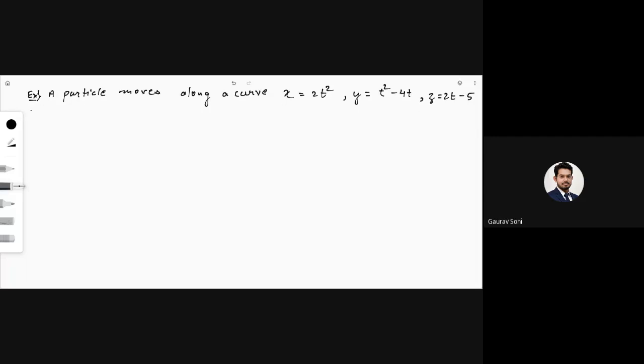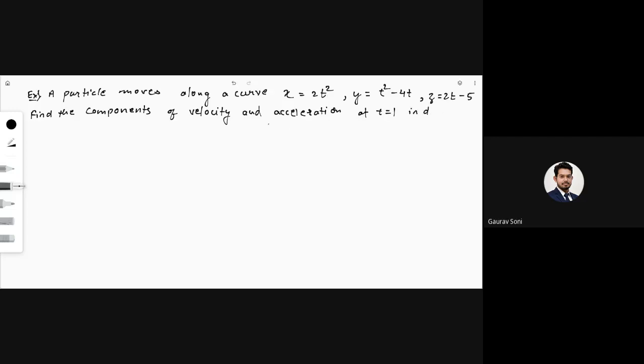Find the components of velocity and acceleration at t is equal to 1 in